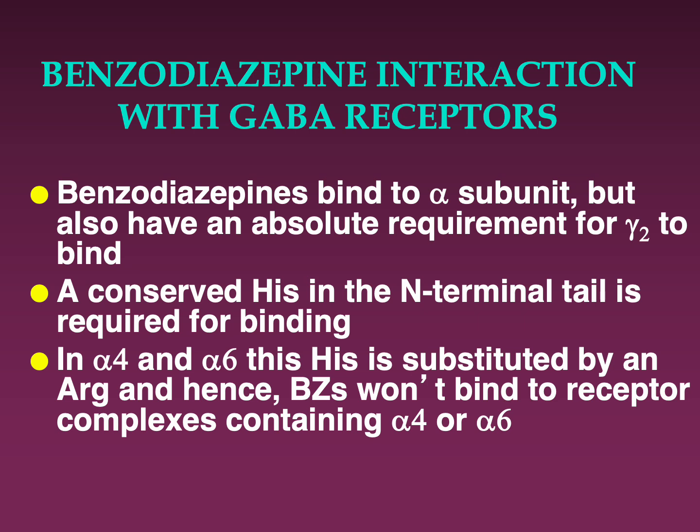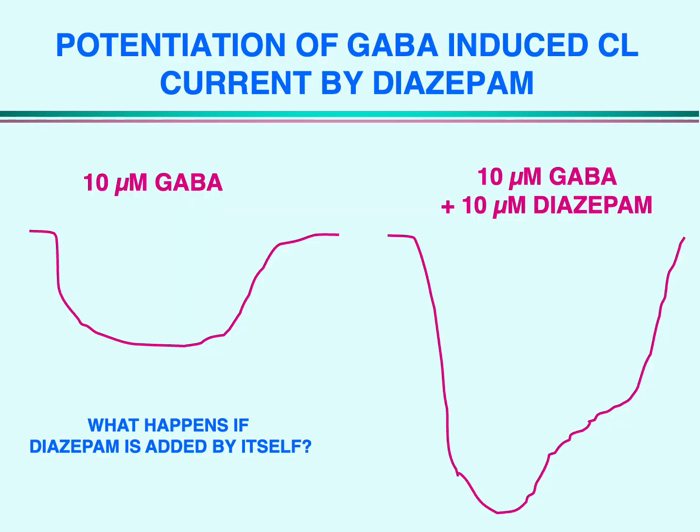So what happens when you add GABA or a benzodiazepine to a neuron? You can put a neuron in culture and measure chloride conductance. What happens is this downward drawing that I put here, when you add GABA to the neuron, is showing a chloride conductance. And diazepam potentiates that chloride conductance, specifically by increasing the frequency of opening of the channel.